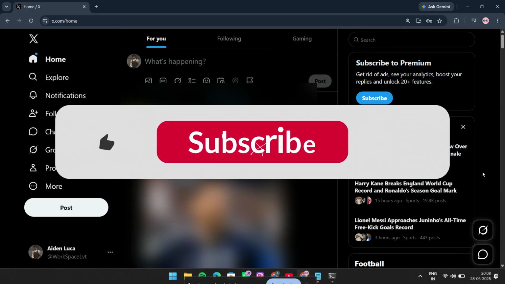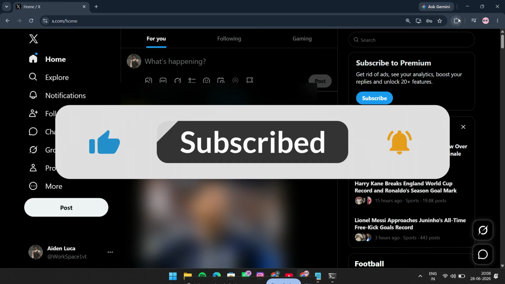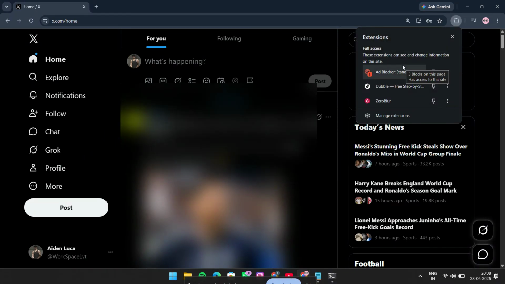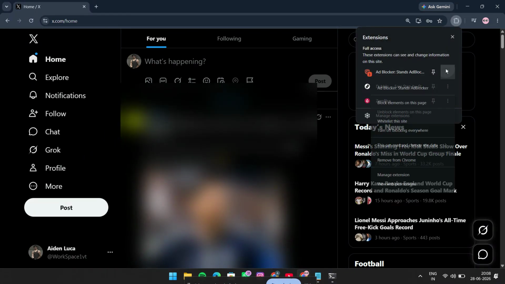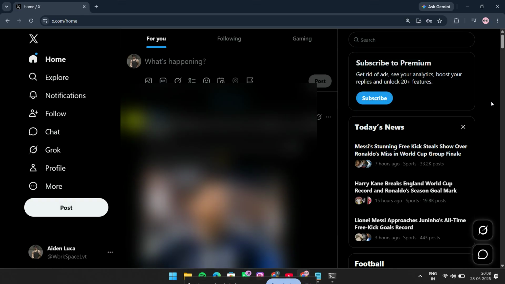First, look at your browser extensions. Click the extensions icon in your browser toolbar and check whether you have an ad blocker enabled. If you do, click the option to turn off the ad blocker for X.com or Twitter. Some ad blockers can block the page from loading properly and trigger error 7, so disabling it is an important